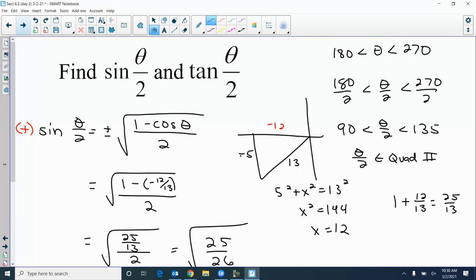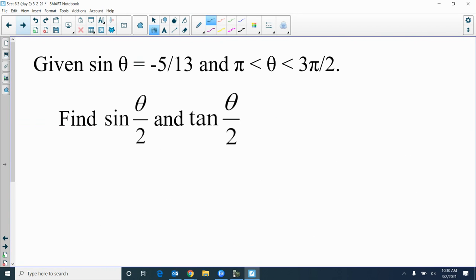Now, this is the same problem. I just need more room. So tangent of theta over 2 should be negative. Now, you got 3 options there. I'm not going to use that first option. It says plus or minus. If you use the other 2 options, it automatically will come out the proper sign, as long as you do your work correctly. So I think for me, I'm going to use the last one